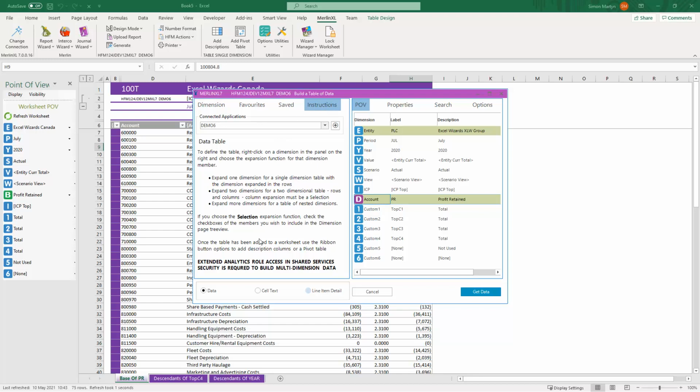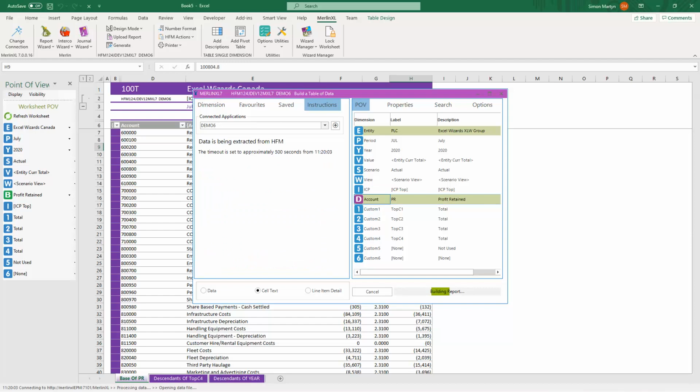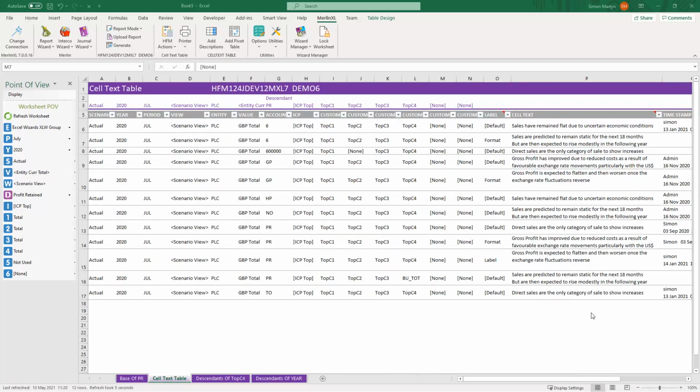Selecting the cell text option means the report will extract cell text not just for the selected account, but for every descendant underneath the selected account. So data tables can be used to extract cell text without actually having to know exactly where the cell text is. Let's go back now to the report builder form,